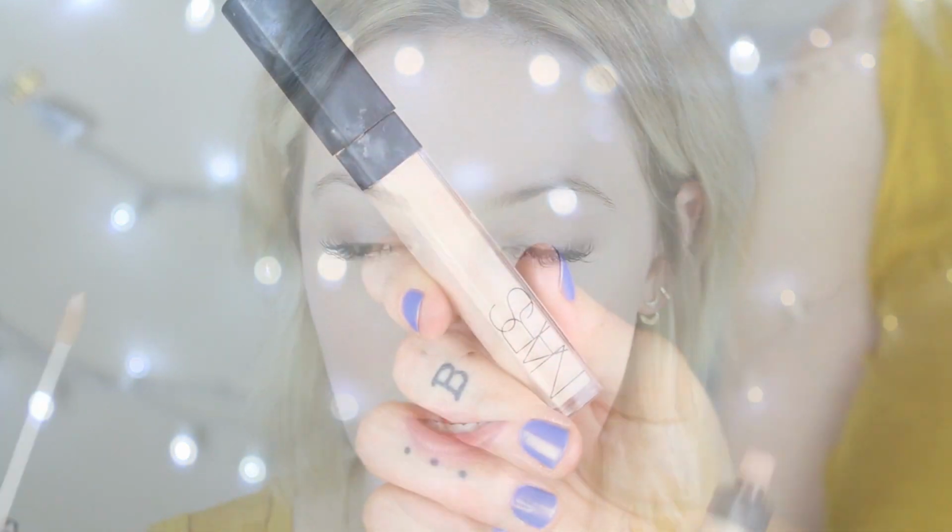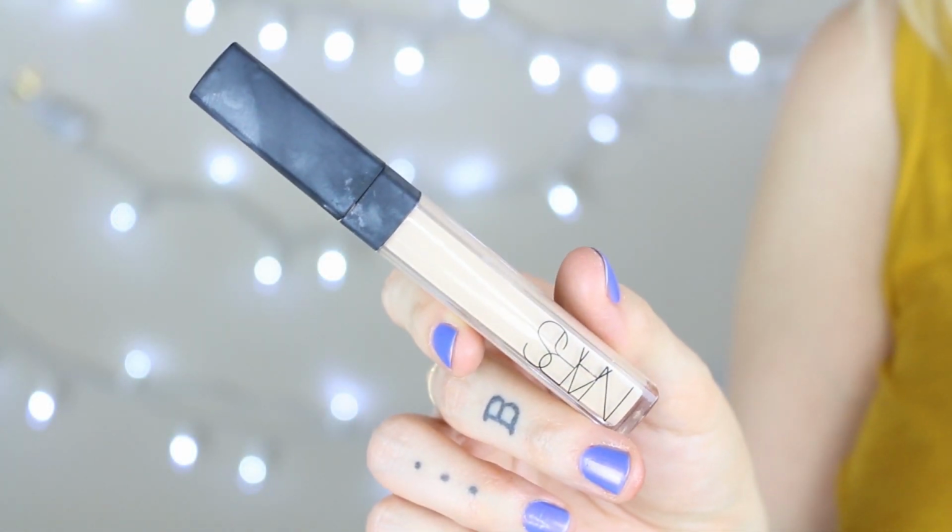Let's move on to the face. During the winter, I really like to just, most days, correct my skin instead of putting on a full face of foundation. I'm using my Nars Radiant Creamy Concealer and I'm just going to apply this towards the center of my face, starting with my dark circles. I like to apply just a little bit,